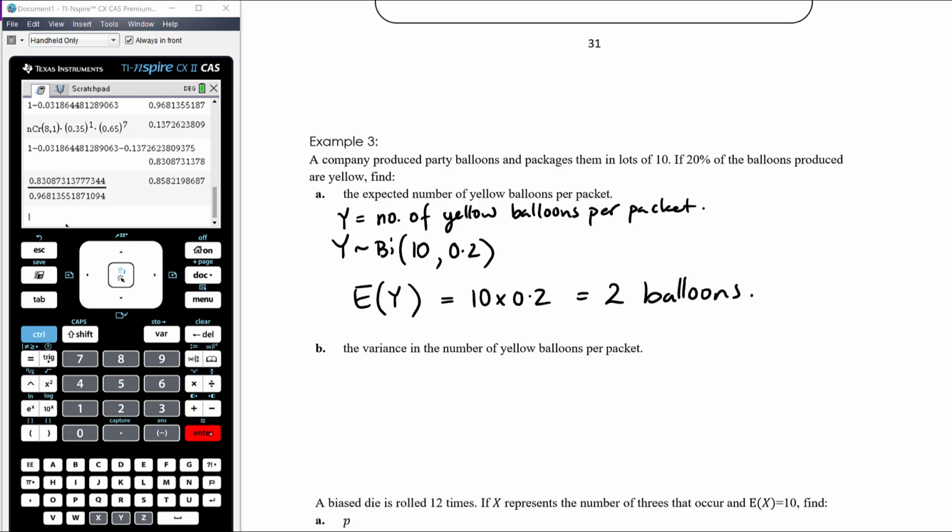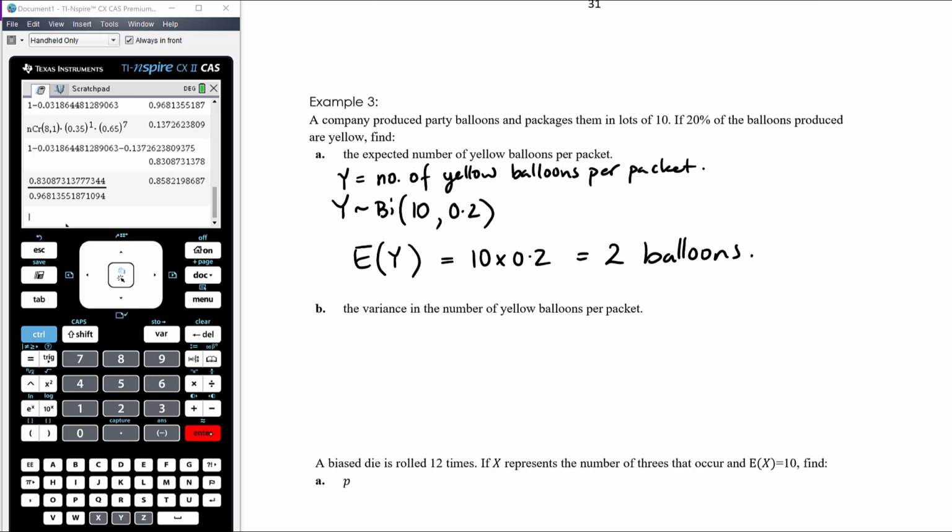As I said, that's really intuitive, okay? If 20% of all balloons are yellow balloons and you've got 10, how many would you expect to be yellow? 20% of them. Variance of the number of yellow balloons per packet. So we're going to need